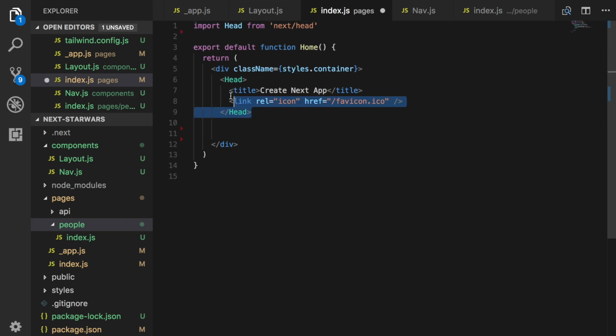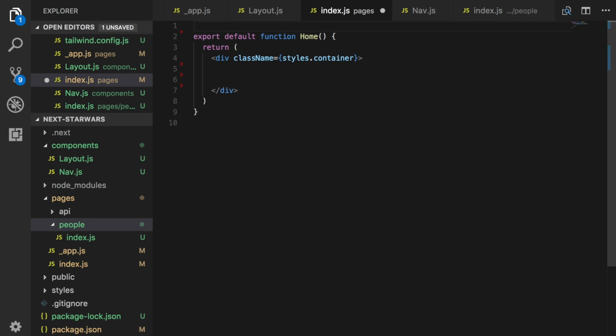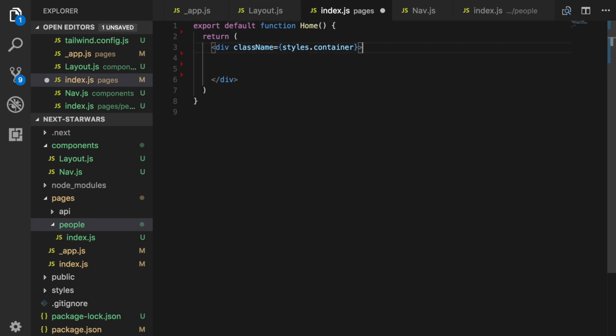And we can also remove this head and this import as well. And so then in here, we can remove this class name. And for this div, inside this div, we're going to add an H1. And we'll just do a welcome to, let's see, welcome to